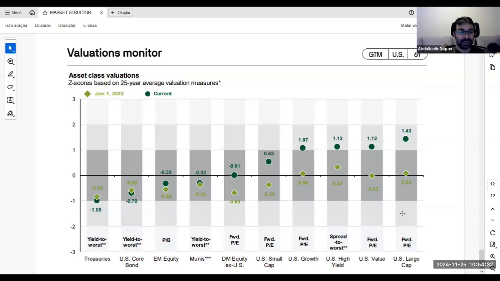Here you see January 2023 and the current ratio. The 1 year ago is light green and today it is dark green, as you see. And these are the ranges for the asset valuation for the different countries. And as you see here, yield to worst, price to book ratio, these are price earning ratio. So I can easily understand that from